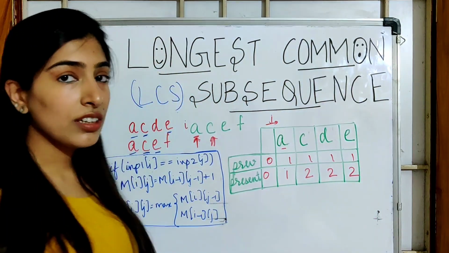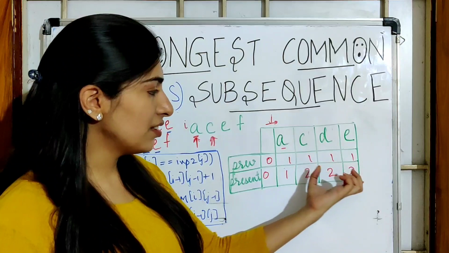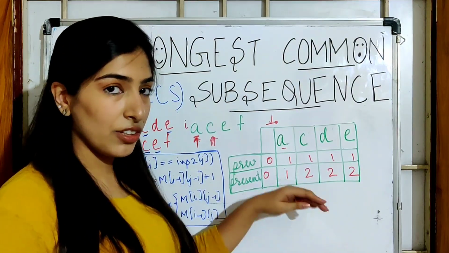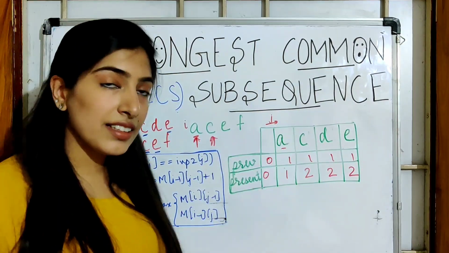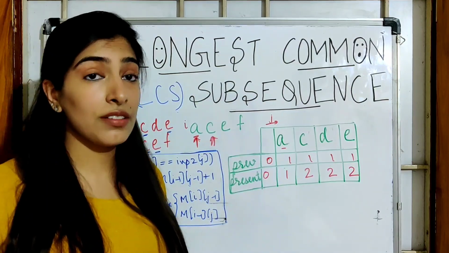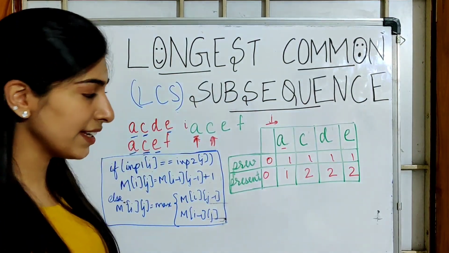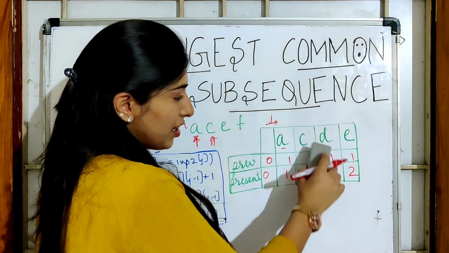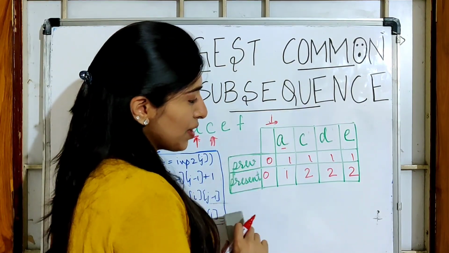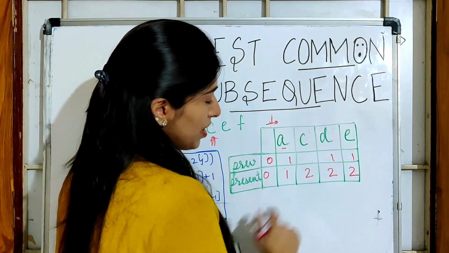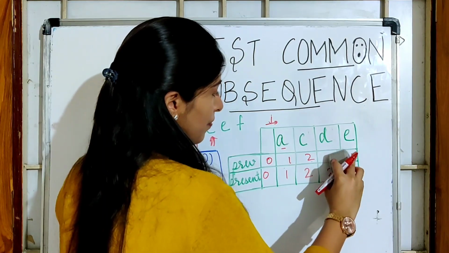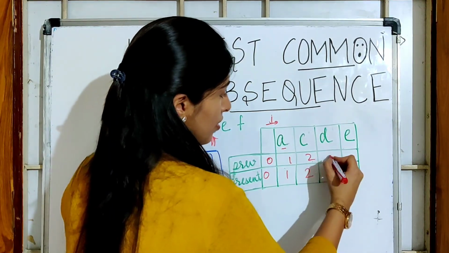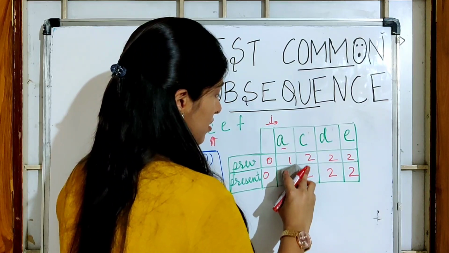Okay, please note that when you formed the grid, these were the same rows that you were getting, right? We are getting the same answers only, but now we are using much lesser space than what we were using earlier. Okay, so now we update our previous to present, and now we will be calculating our present again. So I update this, and we have to find these values.